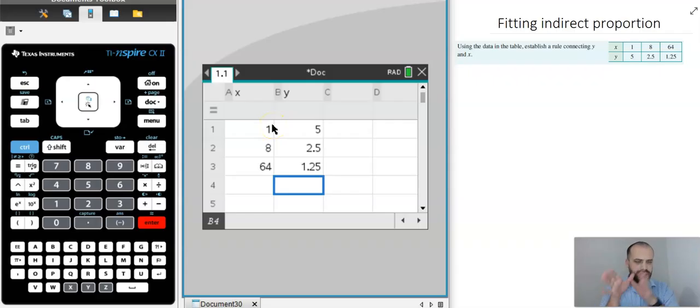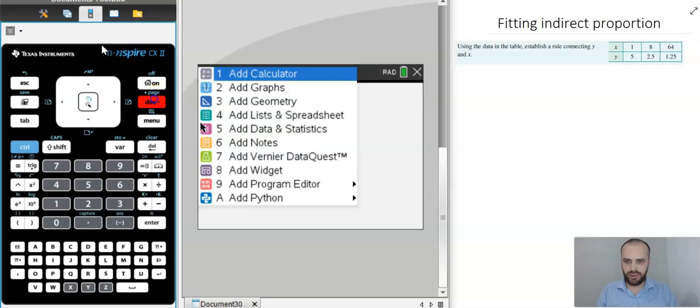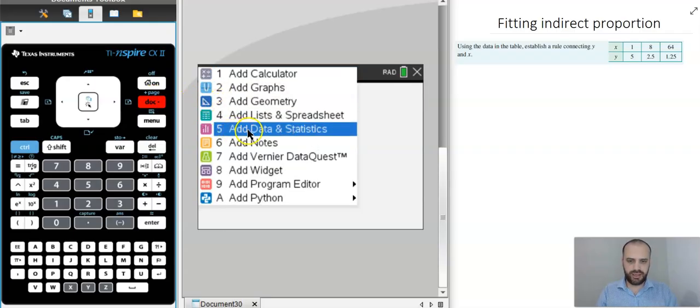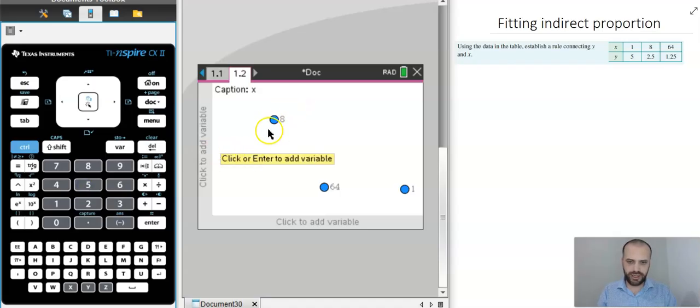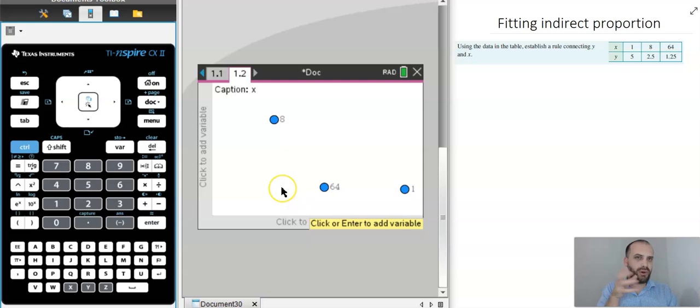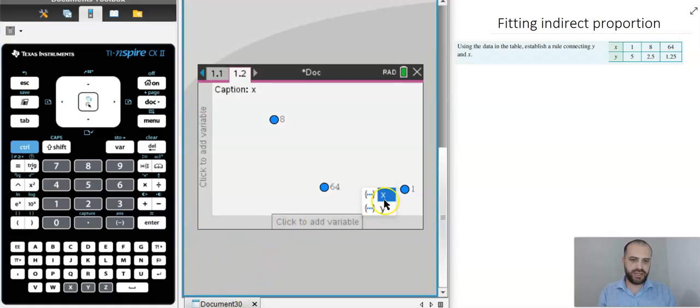Now we need to open another page in our document. So Control, open a new page, and we're going to add a data and statistics page, so the number 5. Alright, now you can see it's sort of already done what I needed it to do, but it might not do that for you. So if it doesn't do that, you need to click here where it says click to enter variable,